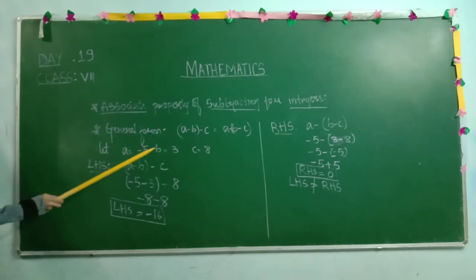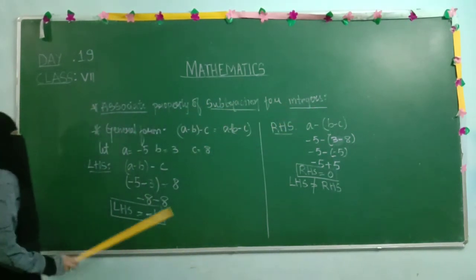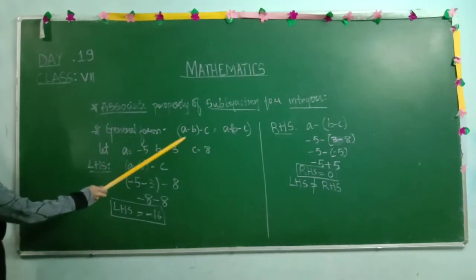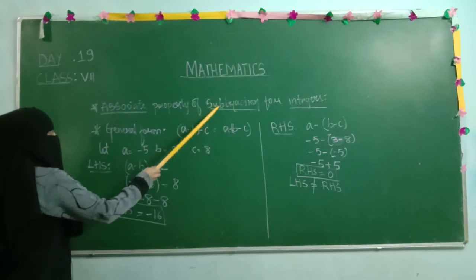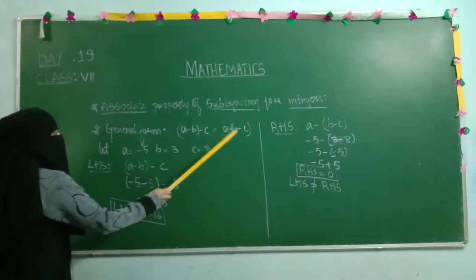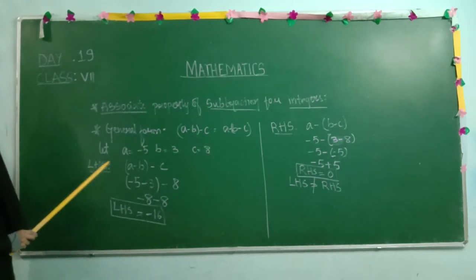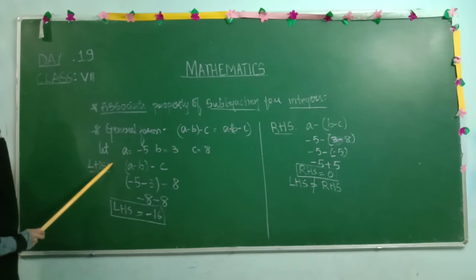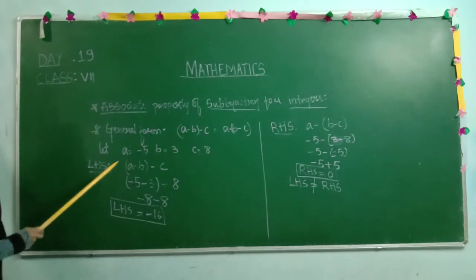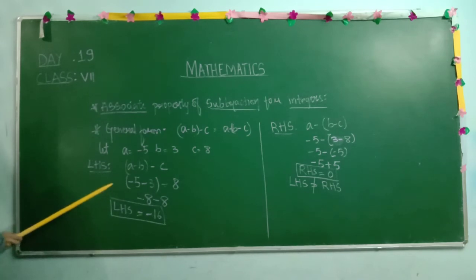Associative property of subtraction for integers we are checking. Writing the general form is very easy. a, b, c, three terms are there. As the operation is subtraction, we write minus between these terms. Then you need to take your own integers. You can take any integer from the set of integers. I have taken these. By taking your own numbers you need to verify, that is important.